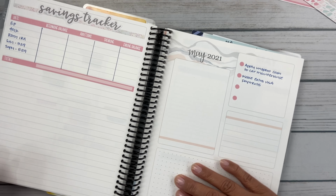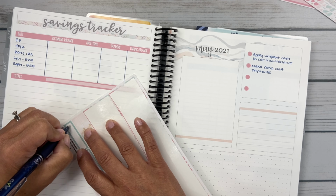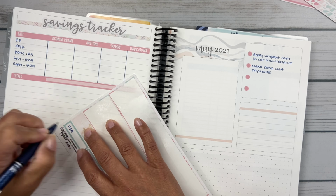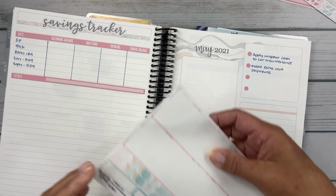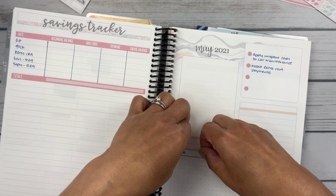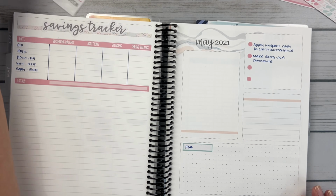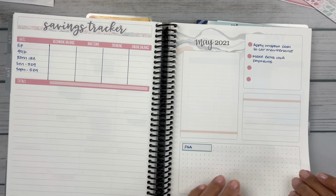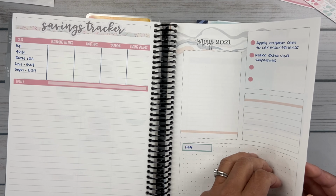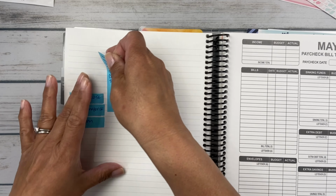And then here, I like to track my FSA, which I haven't had any spending there. I didn't have any spending on the FSA in April. So we'll put this down here. Oops, that kind of smeared. I should let it dry. Okay, so that's that. And then over here, this is where I set up my sinking funds,